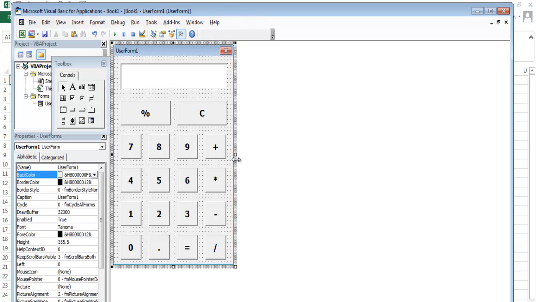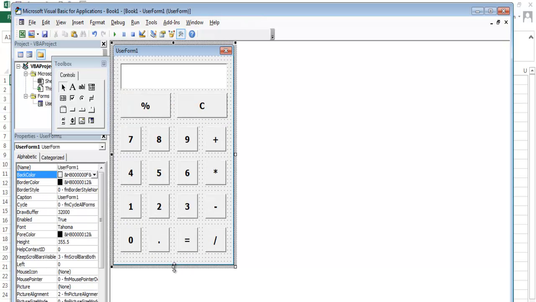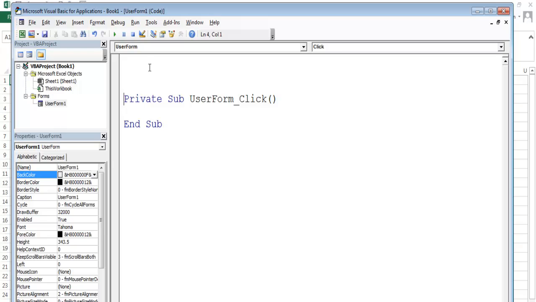So let's just customize it a little bit. I think that might be too big. Let's move that up. Yeah, I think that's about right. So the next thing now is to start with the coding. So if I double click on this very form itself right there, but before I start, let me declare the